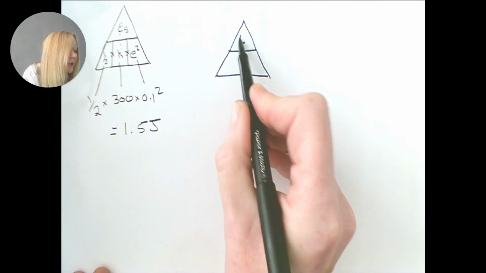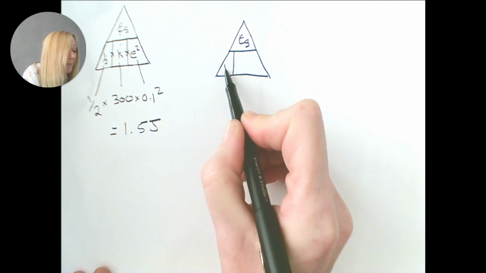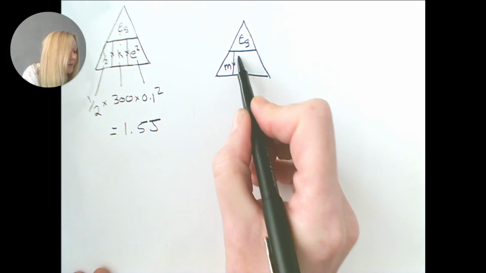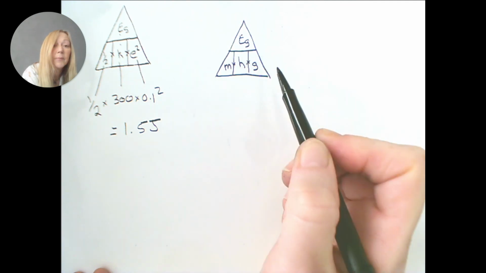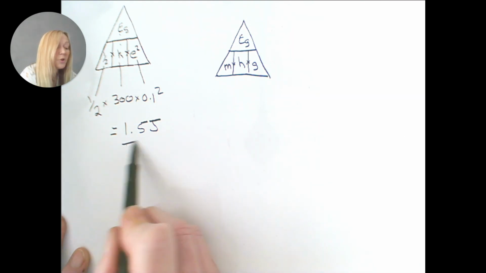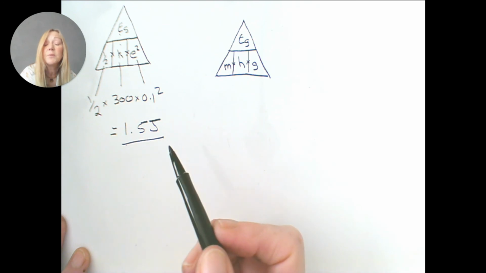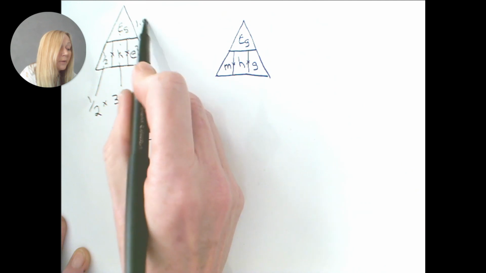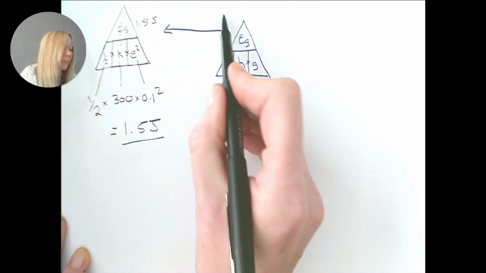We've got our energy, which is our gravitational energy, and then we have mass times the height times gravity. Now we've just said that if we assume that there is no friction and no air resistance, then this 1.5 will go directly into this equation,